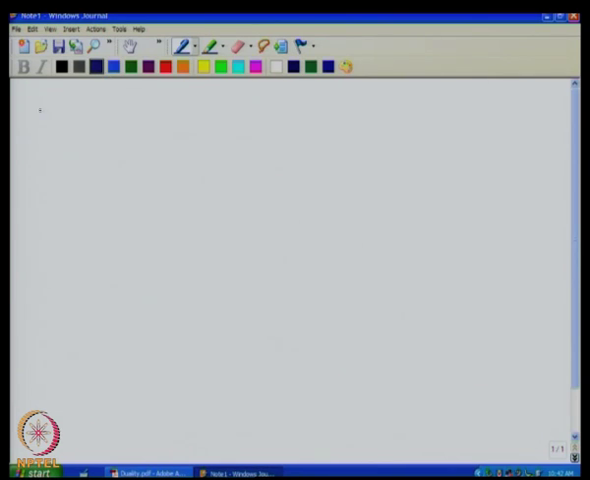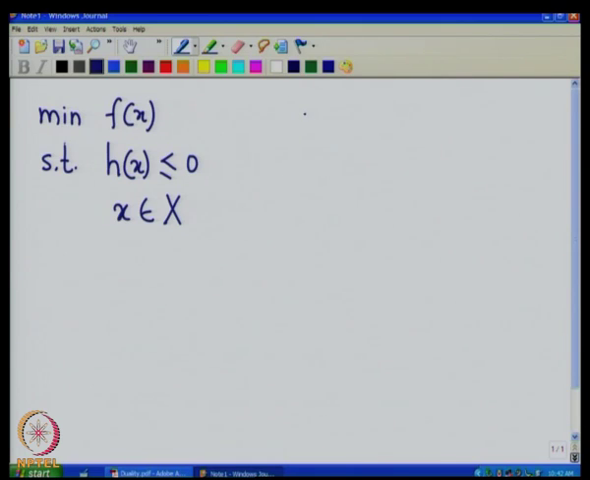So, we have the problem: minimize f(x) subject to h(x) ≤ 0 and x belongs to X. Now, suppose we have some set X